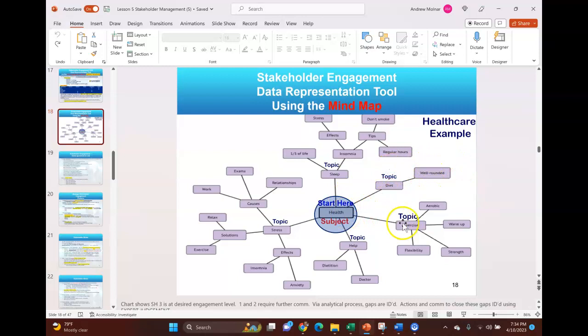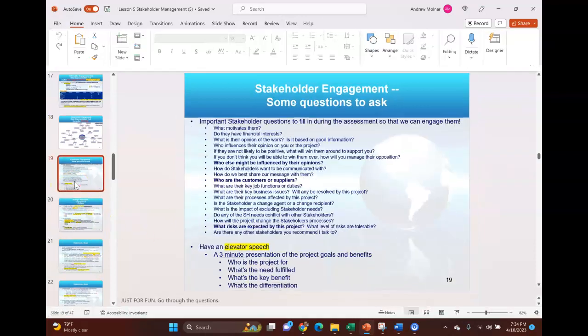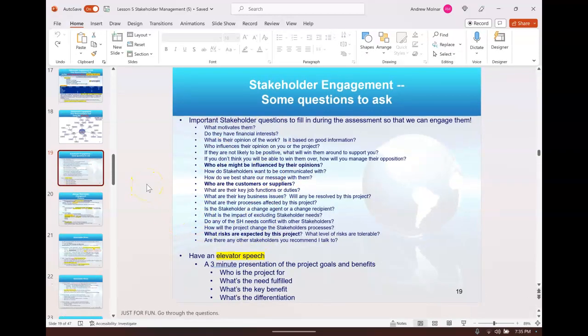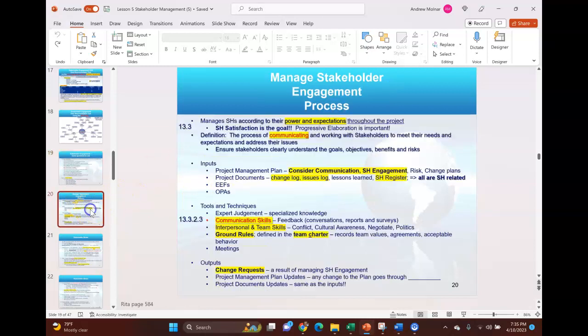Okay, well, what about diet? Well, is it well-rounded? What about exercise? Well, there's aerobic, there's flexibility, there's warm-up, right? And you can see how it branches off, and you'll identify a lot. You could use this for requirements collection as well, but in this case, we're using it to identify stakeholders, okay? Now, if I'm going to interview stakeholders during stakeholder engagement, these are some sample questions you might ask them. I throw them out there as just a gee whiz. Hey, consider this. You don't have to memorize any of these. I usually do about a 30-minute interview with stakeholders based around these questions.